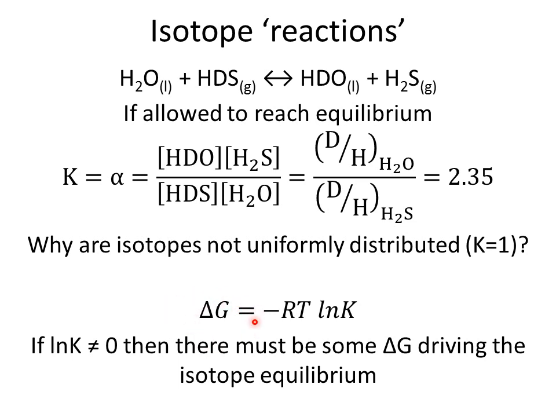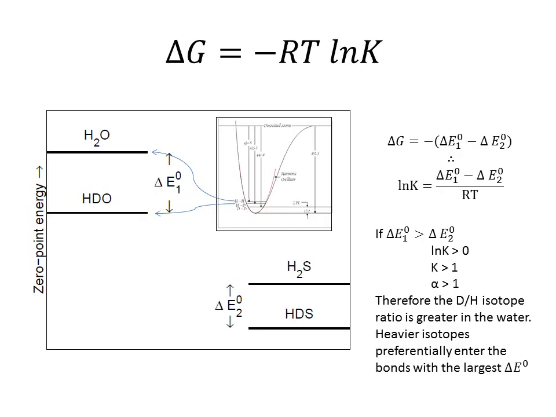So delta G is the free energy of the reaction. Log K, this is why we used that equation before with the log in it. Log K is the equilibrium constant. So if log K is not equal to 0, that means that delta G must not be 0 for this isotope exchange equation. So there must be something that is driving that isotope exchange reaction. Okay, there must be something, and that